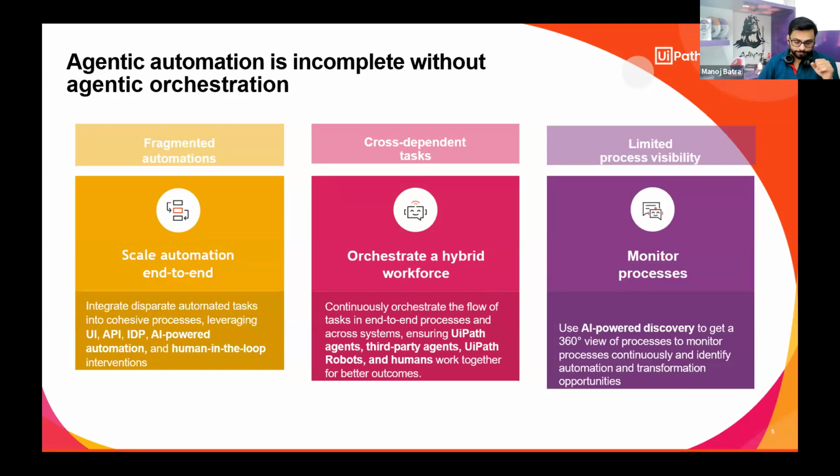So here agentic orchestration helps you to stitch all these small tasks together into a full process. From receiving a request from a customer, to reviewing it, to processing the payment, to updating the details into any CRM system or financial system. So it is not just a task that you're automating. It is a fully end-to-end business process automation, right?